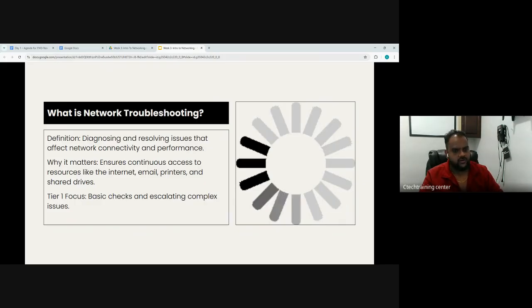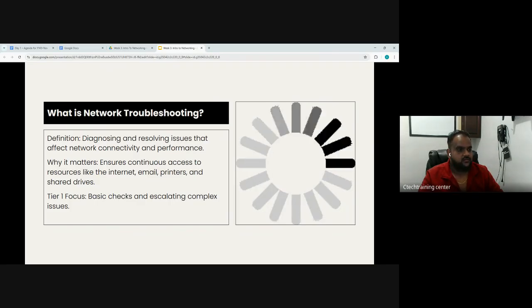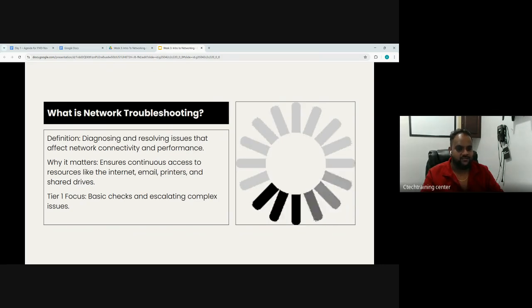What is network troubleshooting? Definition: diagnosing and resolving issues that affect network connectivity and performance. Why it matters: it ensures continuous access to resources like the internet, email, printers, and shared drives.